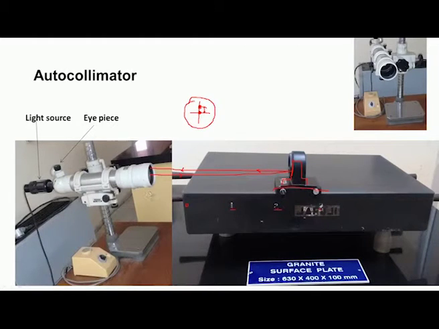Now, see, there is an arrangement, say we have some surface which is inclined like this, an inclined surface. So, we can orient the autocollimator tube with respect to this inclined surface. For that, this can be moved, rotated like this, and the height can be adjusted depending upon the workpiece height, and also we can rotate the autocollimator tube in this fashion.